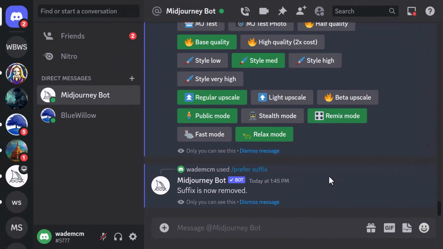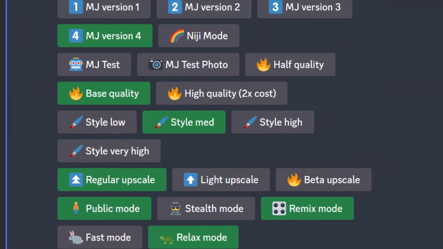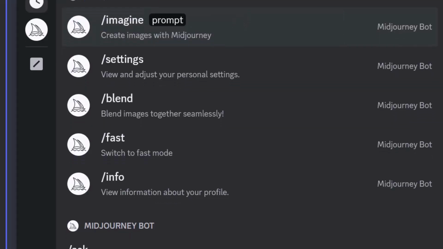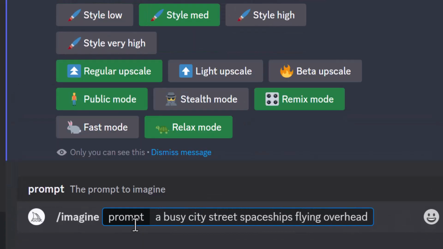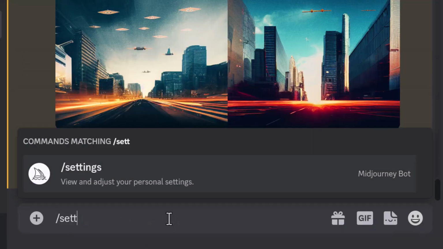The first tip is actually just to quickly switch to the test P algorithm. If I type in /settings, I can switch to the MJ test photo algorithm. And then when I type in my prompt, it'll produce something that is relatively photographic and in most instances looks pretty good. But this is an older algorithm which doesn't work as well as the current algorithm. If I switch back